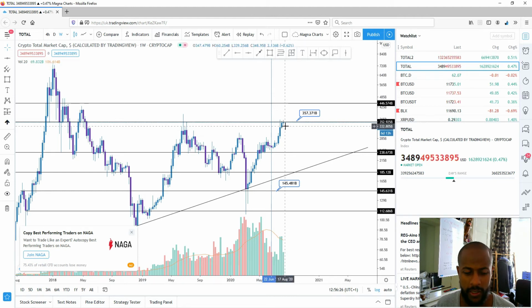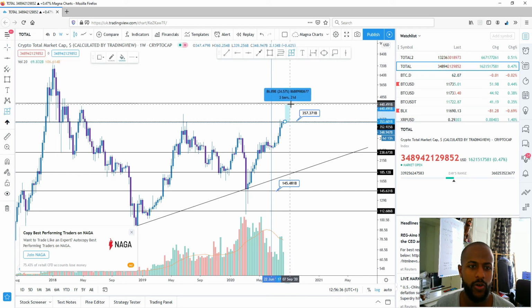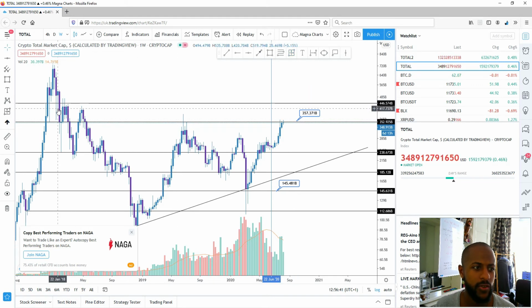So this is definitely a make or break situation, where if we break past, we have a lot more room, or a decent amount of room, to grow at least up to 25-26%. As you can see here, once you break past this point, the wicks got up to that level, and even up here, up to about 25%. If we break past this, it seems we're knocking at the door, but of course it can reverse, as has